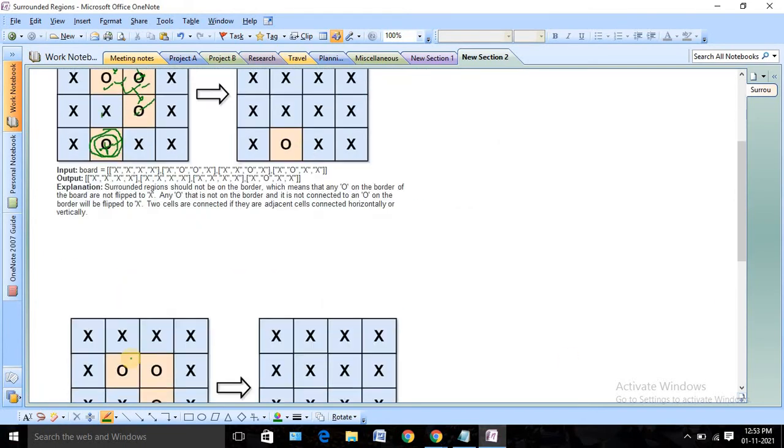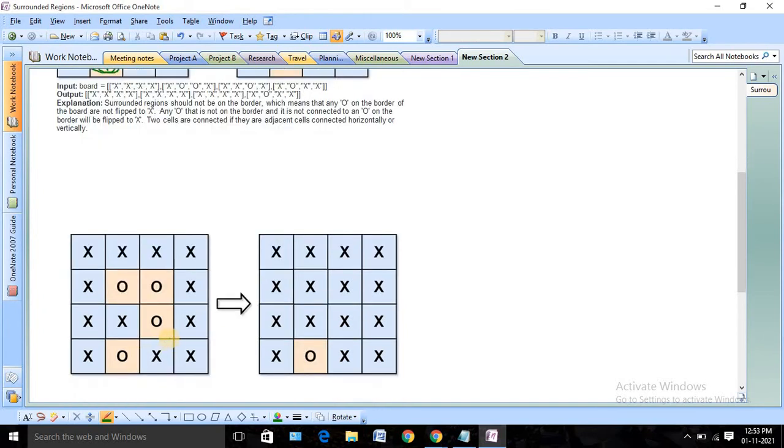So how can we do that? We have multiple options, basically 2 options. Either we can use DFS or you can use BFS. If I use DFS, then we will find the connected component using a recursive approach. Or else you can do BFS also. You can go level by level and you can identify the connected O's.